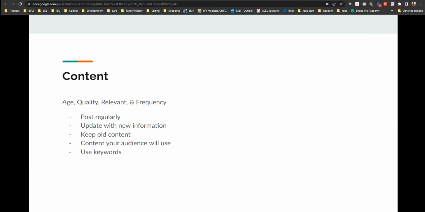And so some things I found that are able to increase the optimization of your website is how regularly you post, making sure it's updated with new information on a regular basis as well, making sure you keep the old content that you have had, just to make sure you have it archived somewhere on the website, using content that your audience will use, and using keywords. And so keywords, very interesting. There's a lot of different websites that you can use to find keywords,